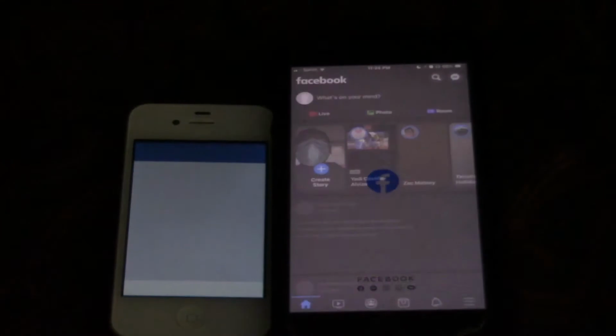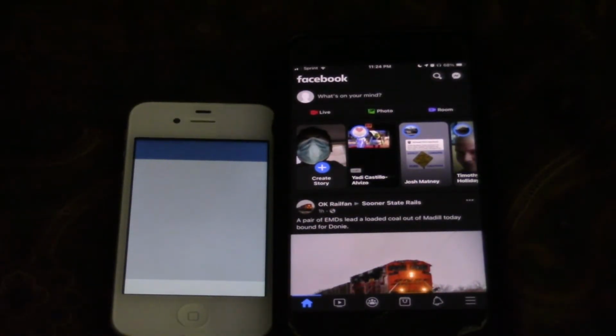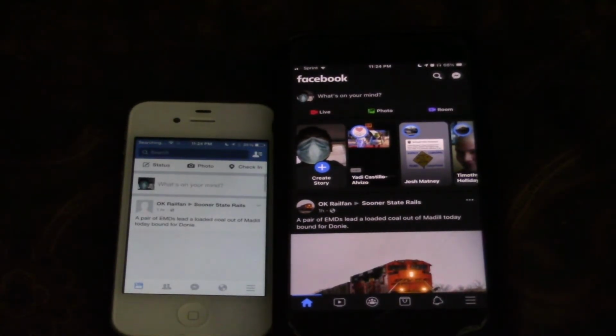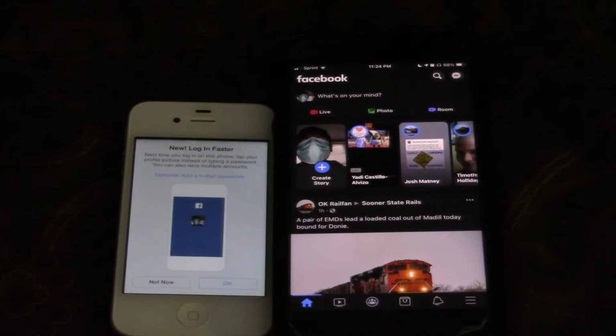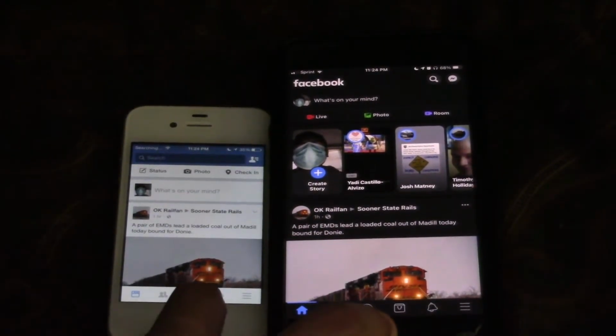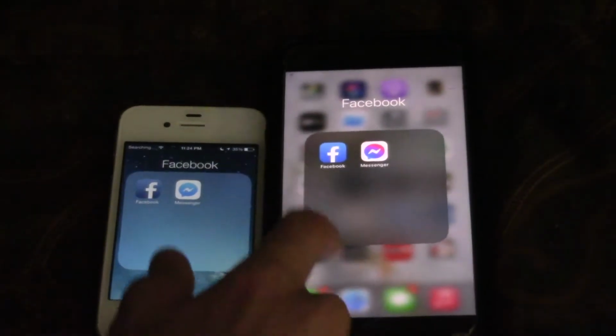1, 2, 3. And iPhone 8 was first. 4S, I think this is the slowest app on the 4S, but about 3 to 4 seconds. But as you can see, yeah, okay. It's asking me for Facebook login. Okay, now let's try